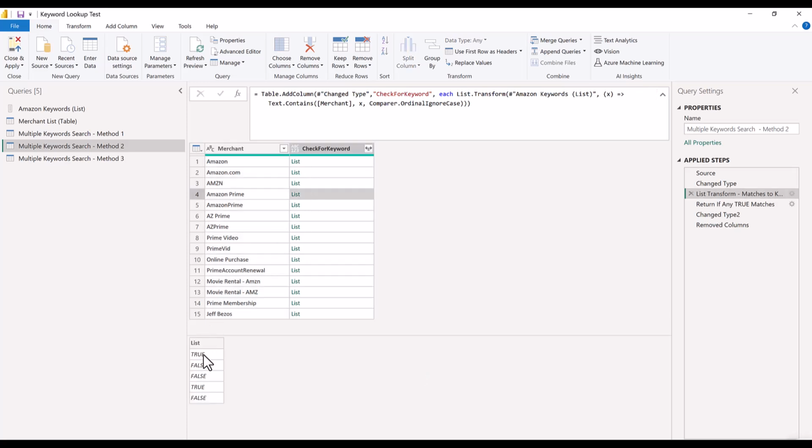You'll see that there are 2 trues, which we know: Amazon is one keyword, Prime is another keyword, so that's expected, but it's not giving me that level of detail as far as which keywords are found. Maybe that's not important. This kind of simplifies the number of applied steps and makes it a little bit more